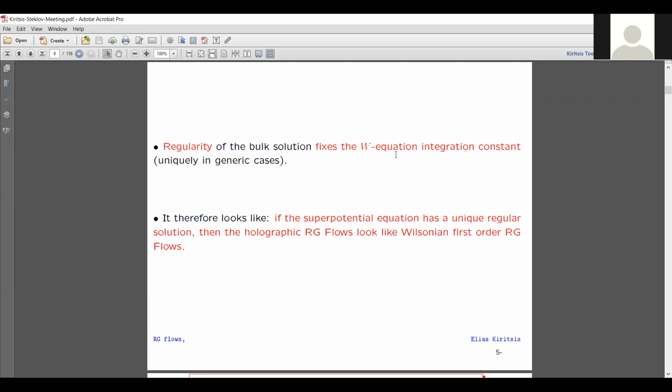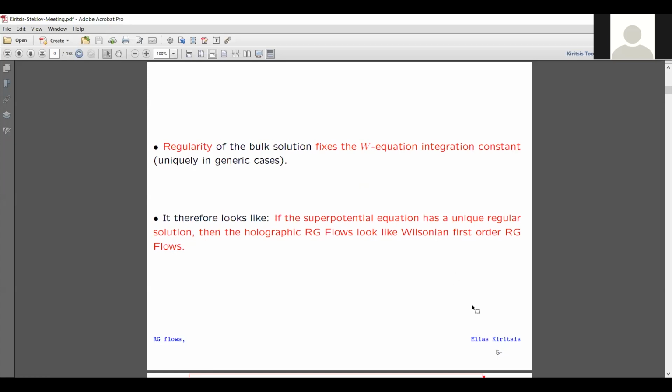So regularity in the bulk out of all the solutions of the superpotential equation picks only the ones that give a regular solution, and typically in generic cases this is unique. So there will be a unique solution to the W equation that will give a regular bulk solution, and therefore if the superpotential equation has a unique regular solution, then the holographic RG flows look essentially like first order Wilsonian